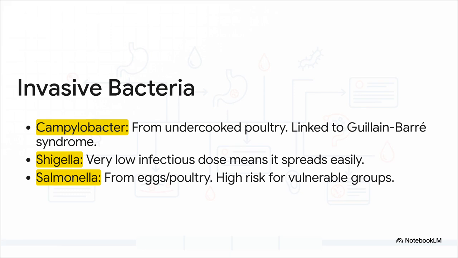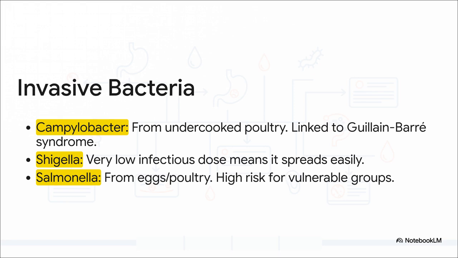Now for the burglars, the invasive ones, their timeline is a bit slower. It might take a couple of days to develop. Suspect number 1 is Campylobacter. This is your classic undercooked chicken story, and you absolutely have to remember it's linked to Guillain-Barré syndrome. Next up is Shigella. Its calling card, it's incredibly contagious. It only takes a tiny number of organisms to make you sick, which is why it spreads like wildfire in